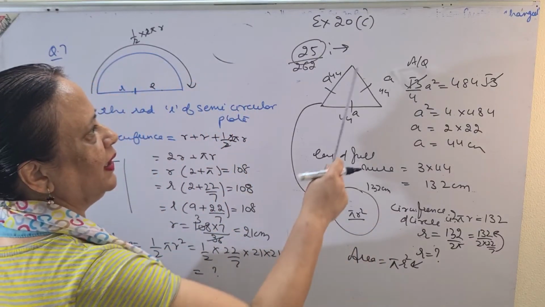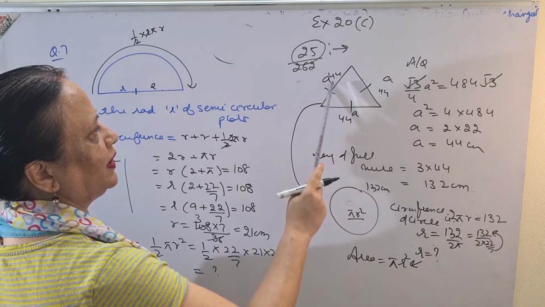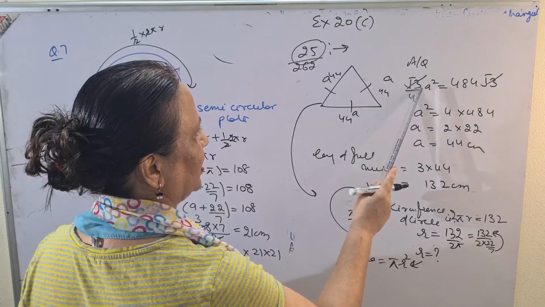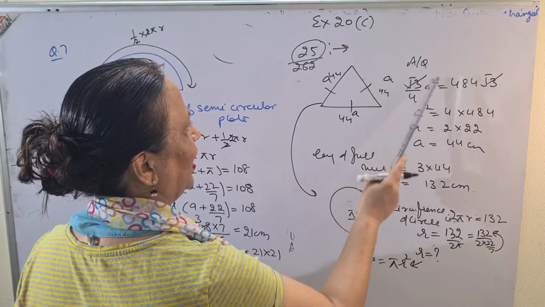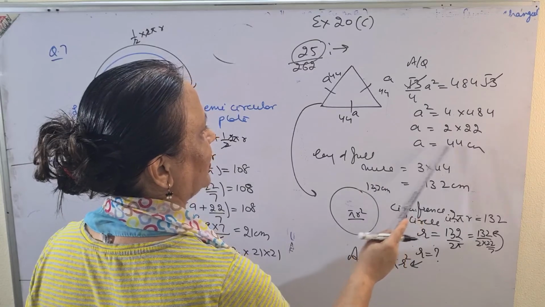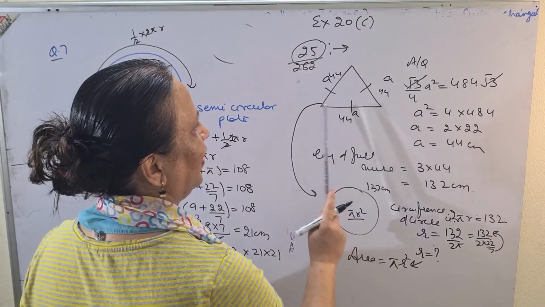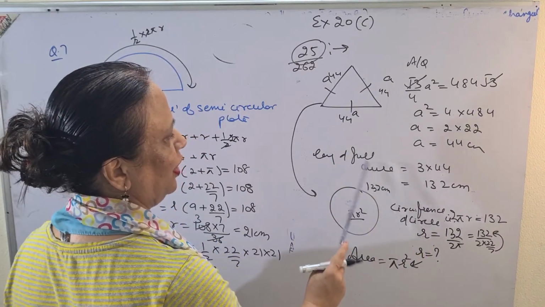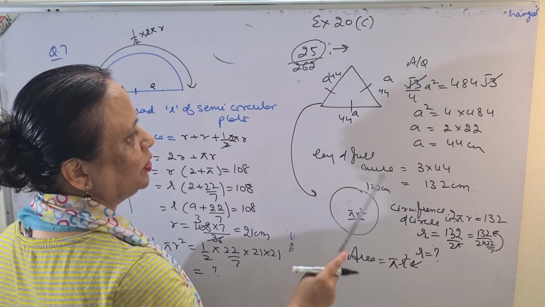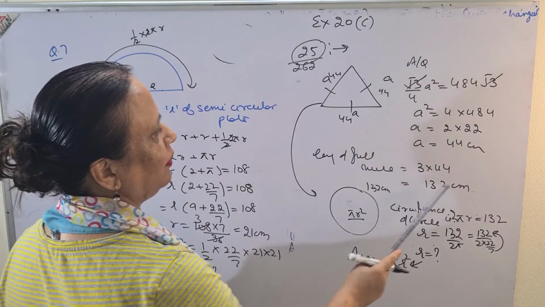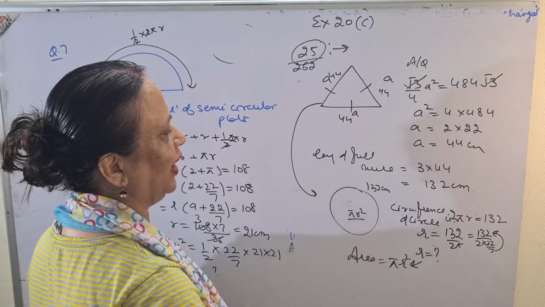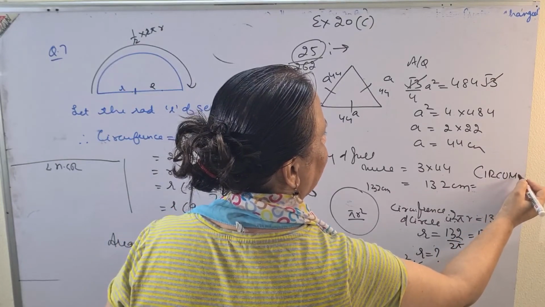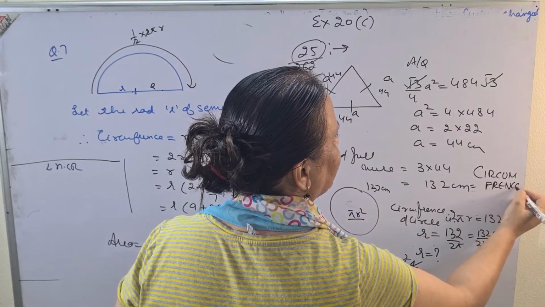Again explaining, there is an equilateral triangle whose area has been given, and from there I found A. According to the question I know the area 484, and according to the formula I know the area. After comparing, A is equal to 44 centimeter. Then if one side is 44, you have to find all the three sides because it is the full length of the wire. Then this particular wire is again changed into the circle. So remember that the perimeter of the triangle which you have taken out will be equal to the circumference of the circle. This is the main thing here.